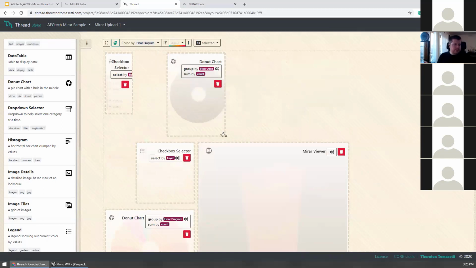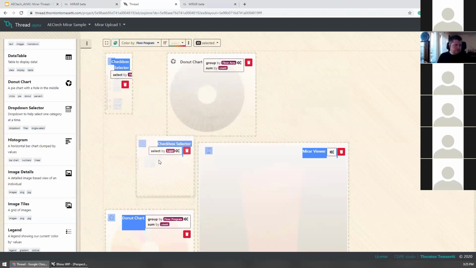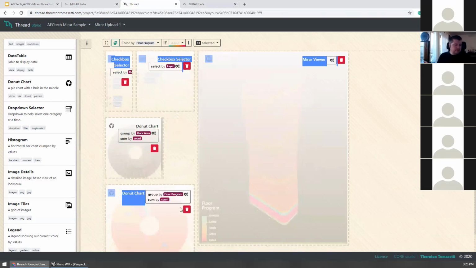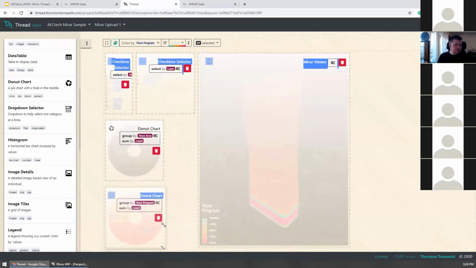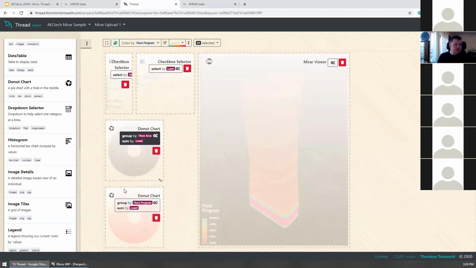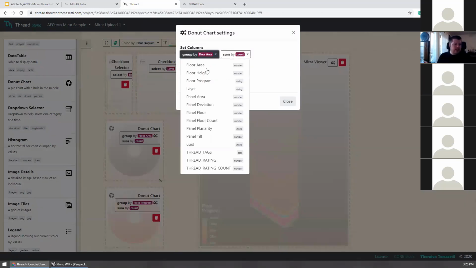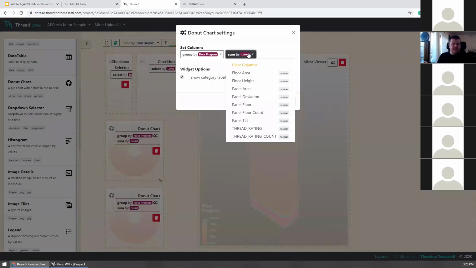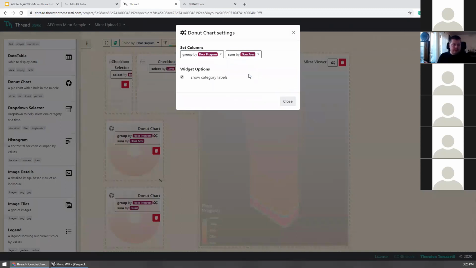We have a little fun with our dragging around of widgets here. Okay. And maybe I'll make these smaller, actually. Should be okay. And for this one, I'm also going to go in and I'm going to cluster by floor program. But this time, I'm going to sum it by the total area of each floor. And the reason I'm going to do that